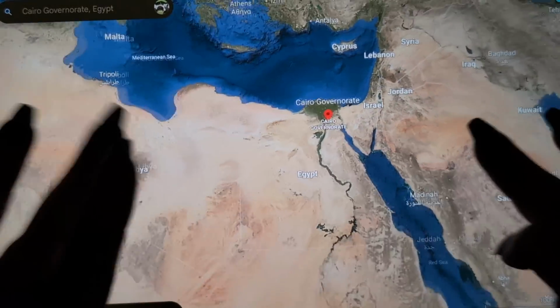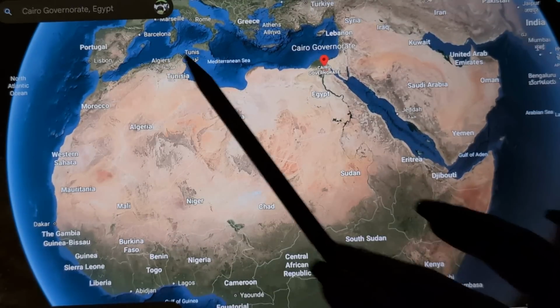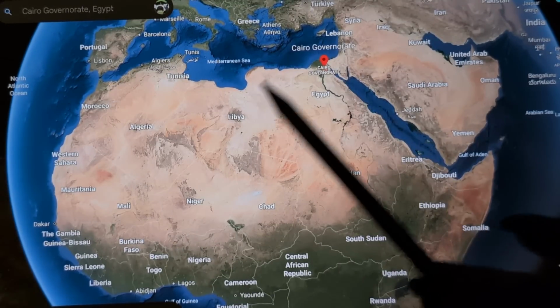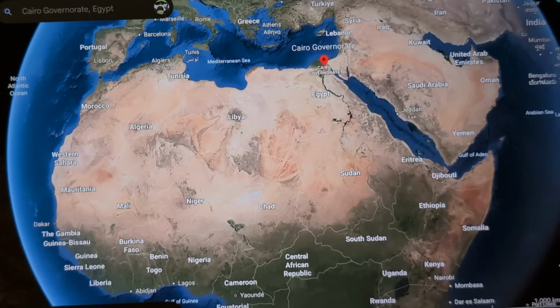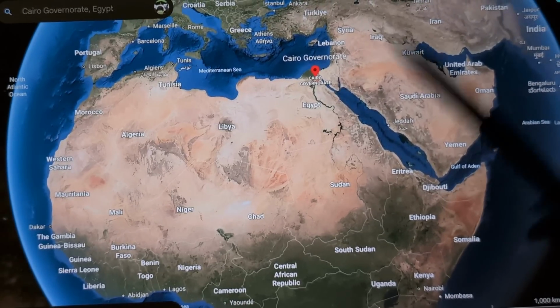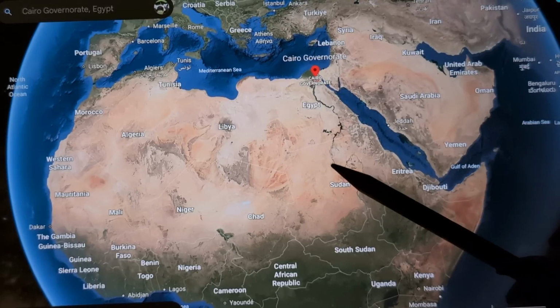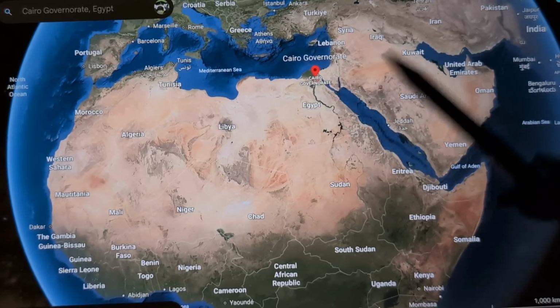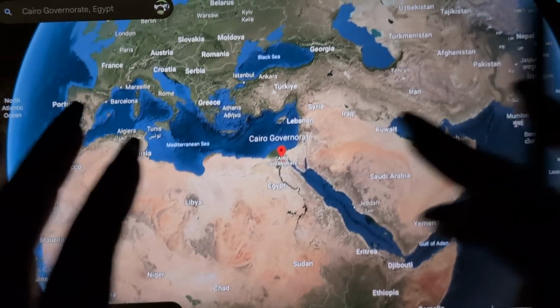We are, of course, in Africa. Egypt is also pretty easy to find because it's in the upper right-hand corner. You can see the Sinai Peninsula. It's also very prominent and easy to spot from above. There's the big, long, beautiful Nile River, the world's longest river, although that is debatable. The Amazon is a very close second, if not first. But that's debatable.